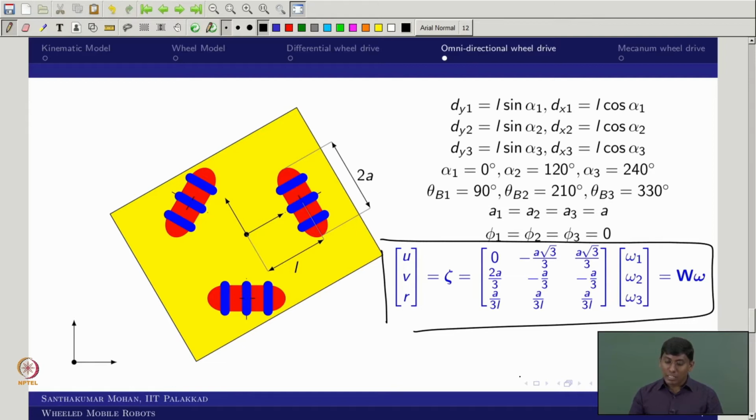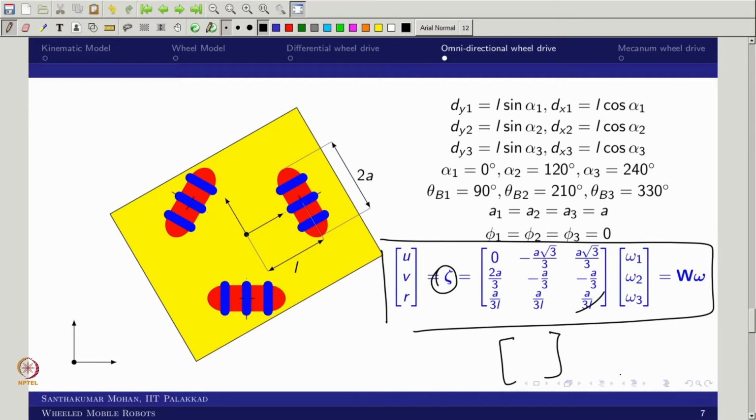Now you can see that if you apply the 120 degree configuration, you get the zeta in this form. What can you do now? The same way as in the earlier case, instead of the rectangular matrix you substituted earlier, you use this particular square matrix and do the same simulation. I hope you can do this. At the end I will try to show something, but right now this is the understanding. You know what we have done.